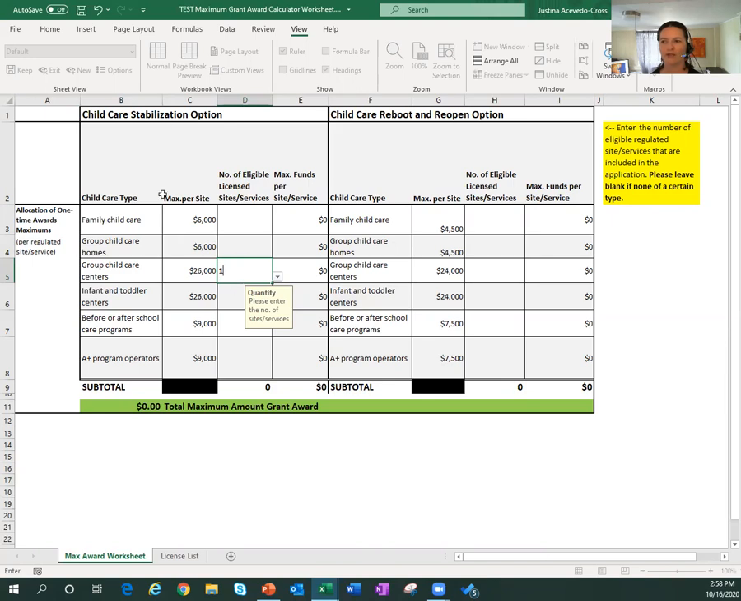They're open and applying for the stabilization option. And they're also going to enter a one there for infant toddler center. You can see what happens. So if they just had the one group childcare home, they're eligible for $26,000 as part of that initial grant